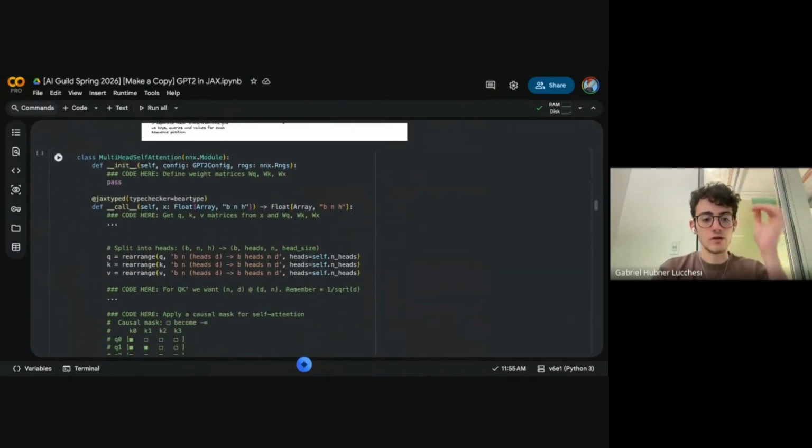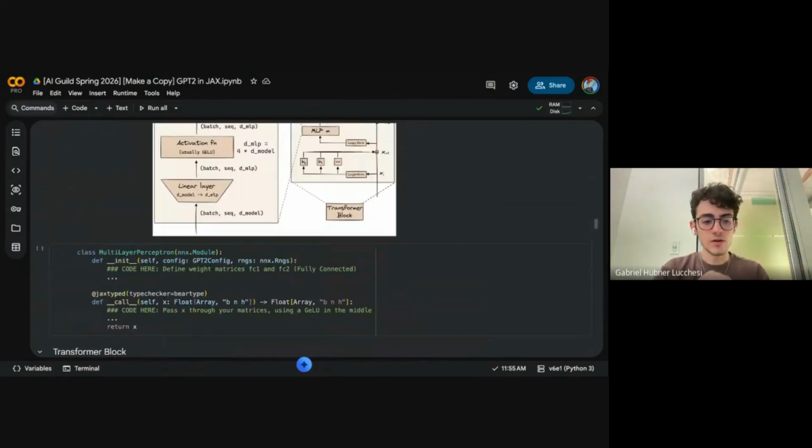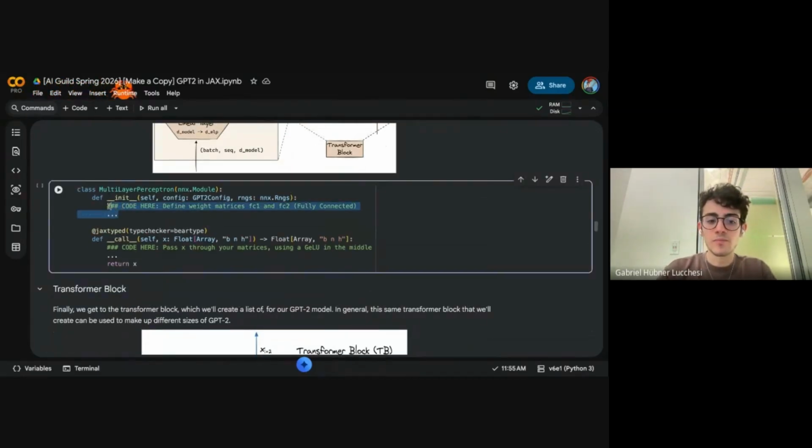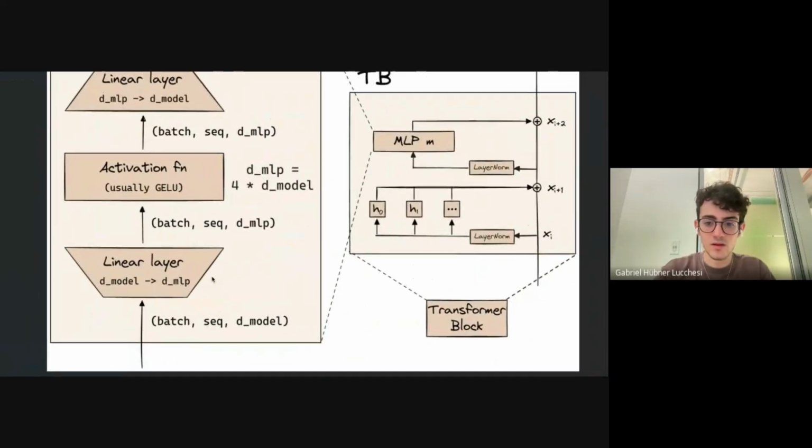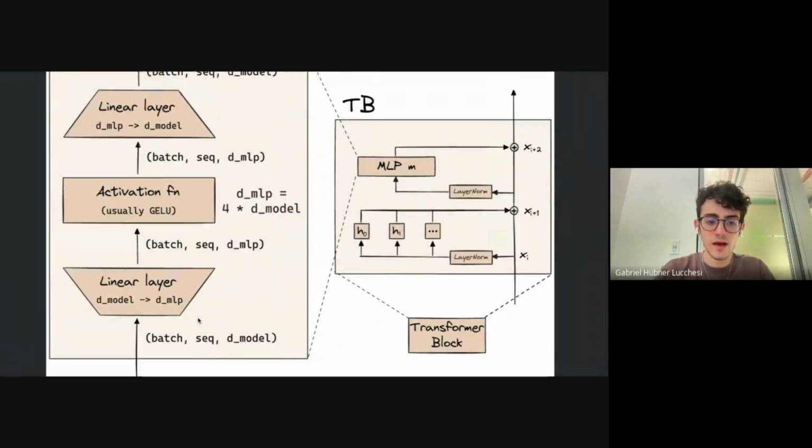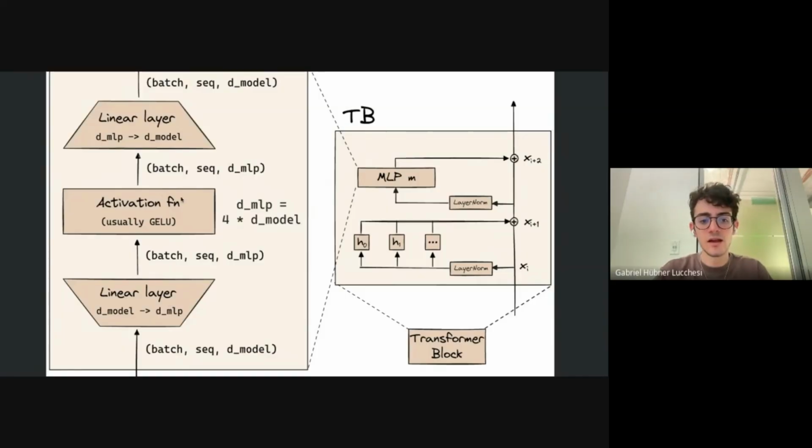So the first thing we're going to do is, actually, I'm going to start with the multi-layer perceptron, just so you get familiar with the JAX syntax. And how it looks is we have to define these weight matrices here. So this is our MLP. We have the first linear layer, an activation function, and then a second linear layer.